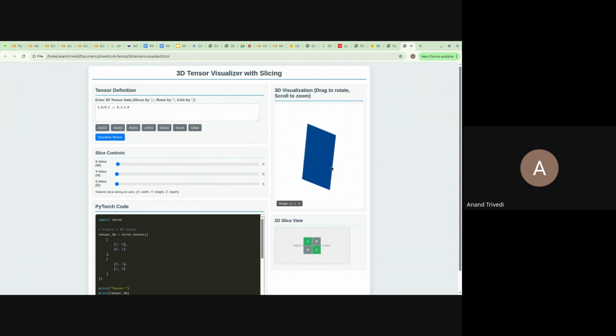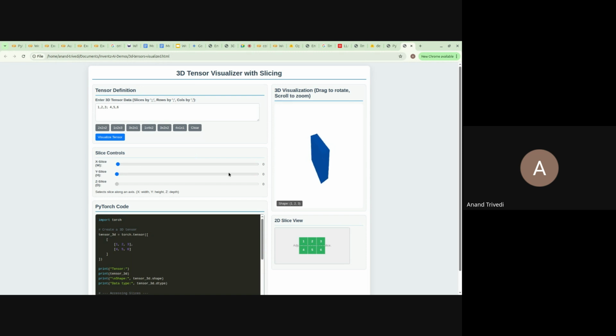I missed this by mistake. I have taken this cube in the same color. I should have done it in different colors. So this is the size of one cube, and all of the other depth is stacked behind it. The shape is 2 comma 2 comma 2. 2 by 2 is the length of the slice, and 2 is the depth, right? And the same goes for 3 comma 1, 4 comma 1, 4 cross 1, whatever we want to have, we can see those things.